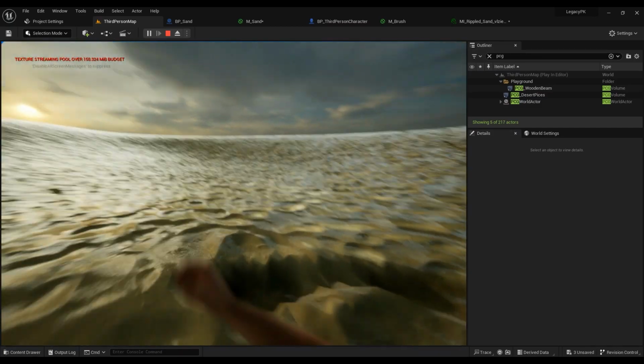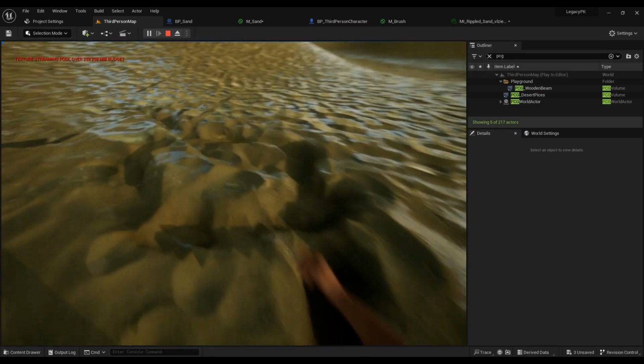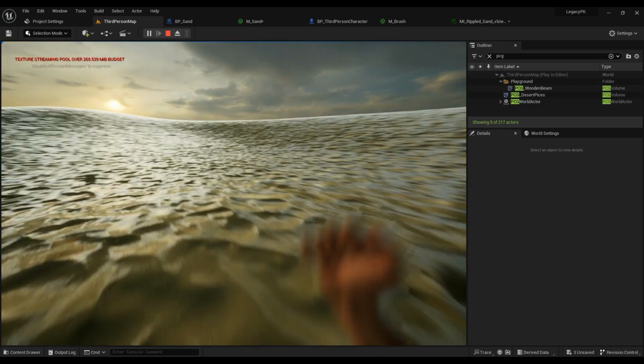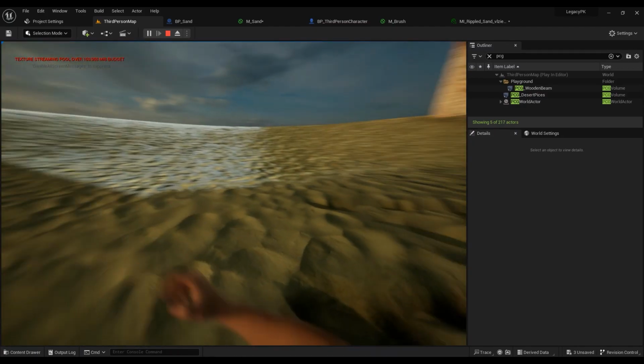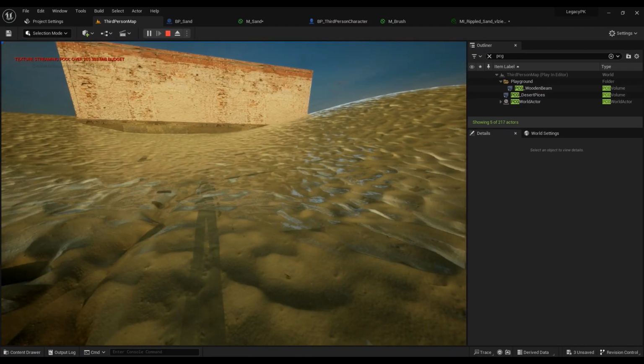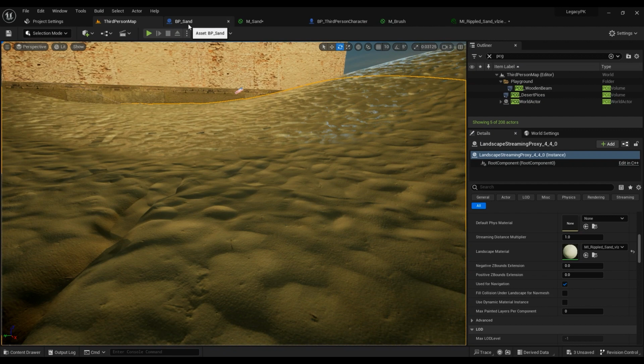Okay, it is so weird. I probably have to restart the editor. It's Unreal Engine 5.2. It has a lot of bugs. It's in beta state. But anyway,